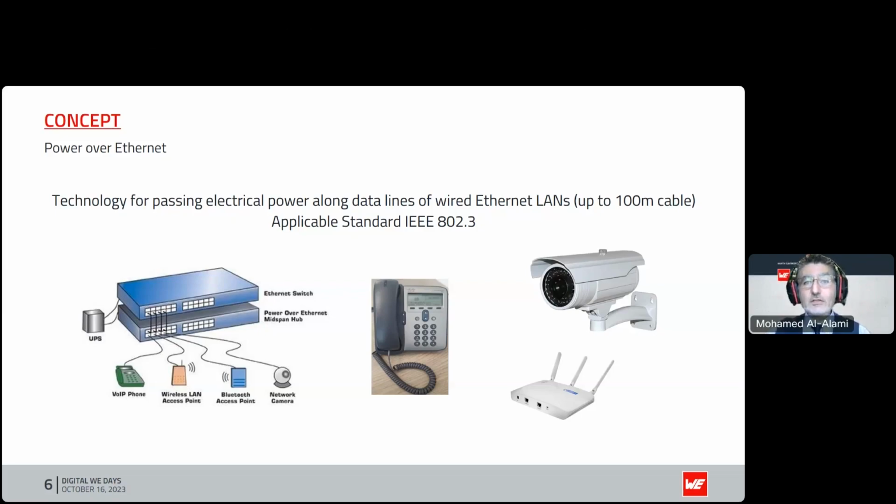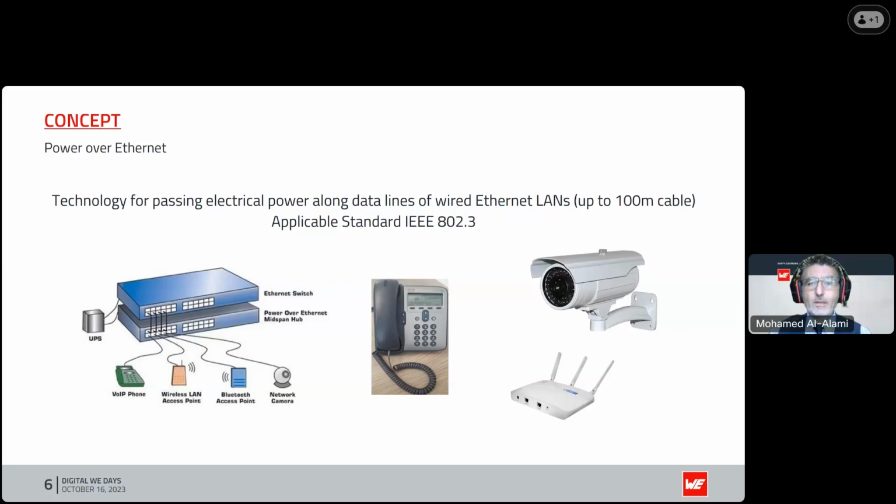This is governed by a standard, which is the IEEE 802.3. And the idea behind this, of course, is as you are transferring data remotely to things like cameras or servers or phones sat on desks, you're also powering these devices at the same time, which means you're saving on extra adapters or plugs to get power to these components or parts.